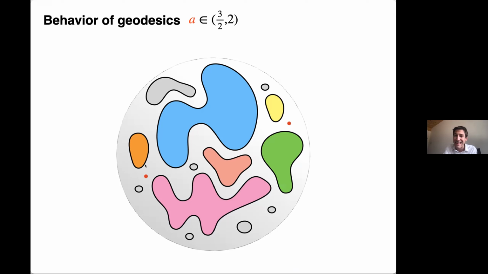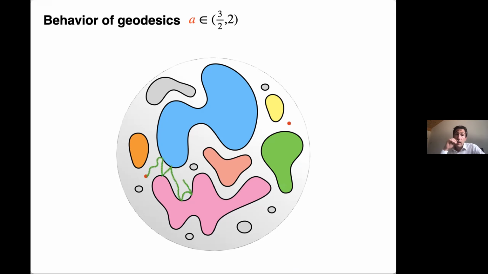The metric space here is in gray, and what you see with colors are the holes, the complement of this metric space. You may think that a geodesic will try to avoid the void of this space and try to get in between. Actually not.